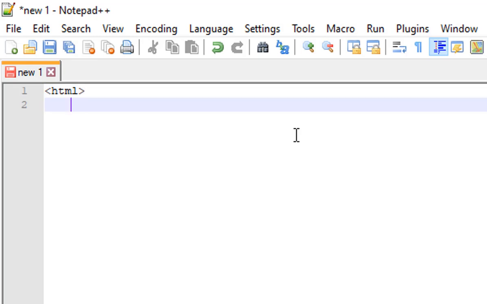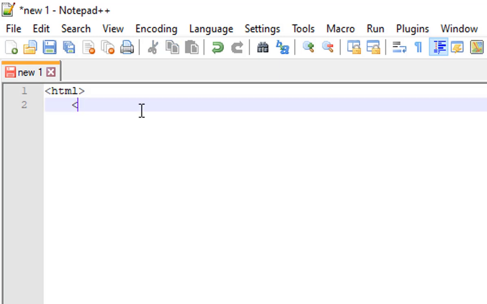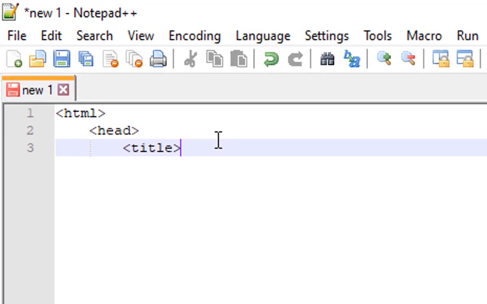Now in HTML, the second thing is the tag. What is a tag? A tag is contained within less than and greater than signs, with a tag name inside, like the HTML tag. Now the second tag, head. Inside it I will define the title, which I will explain. First I write here form tag demo.